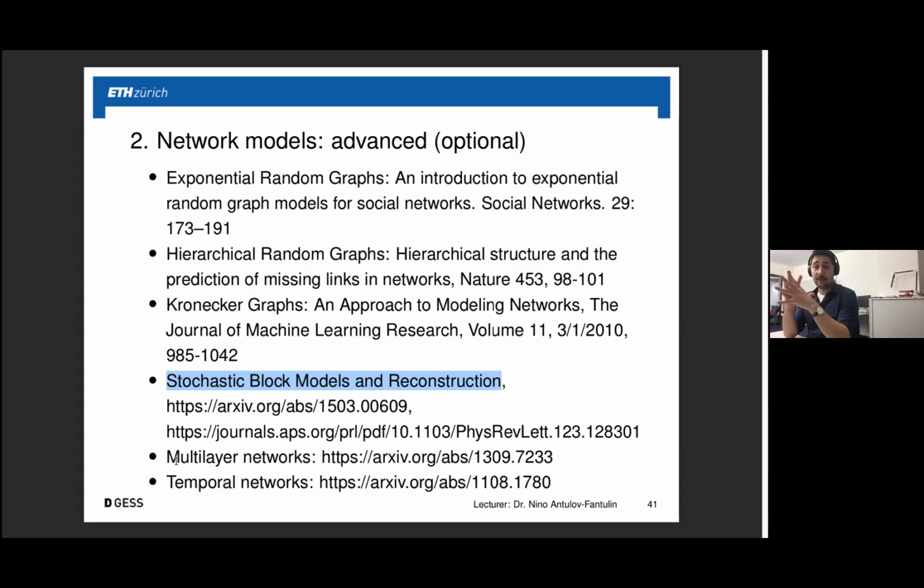We also have temporal networks, where the edges have a certain temporal structure. You can have certain rules or dynamics governing how this temporal evolution of edges happens. For an overview, I would also advise checking this arXiv paper.